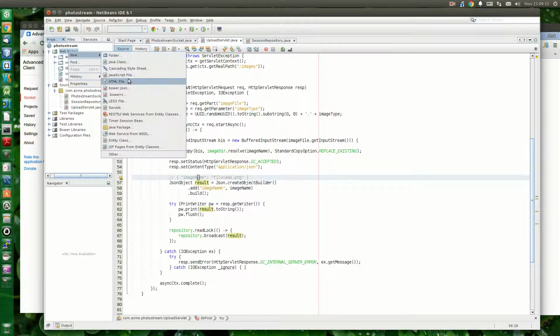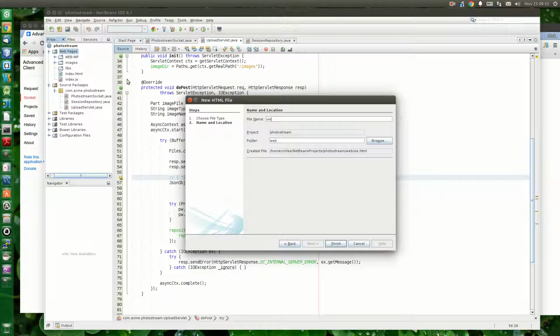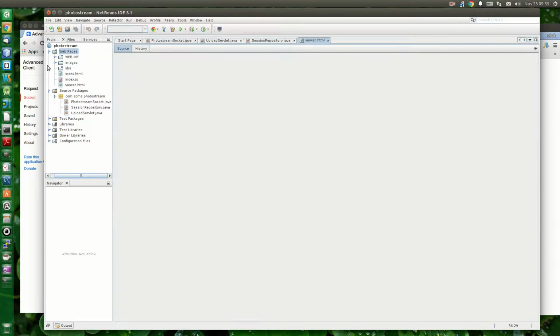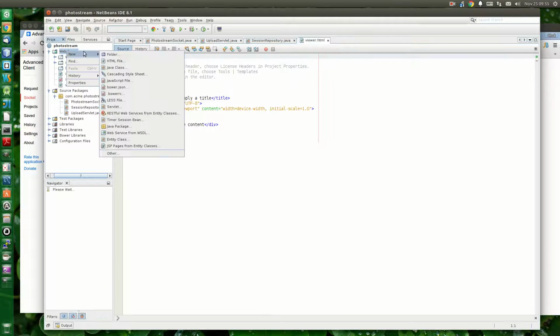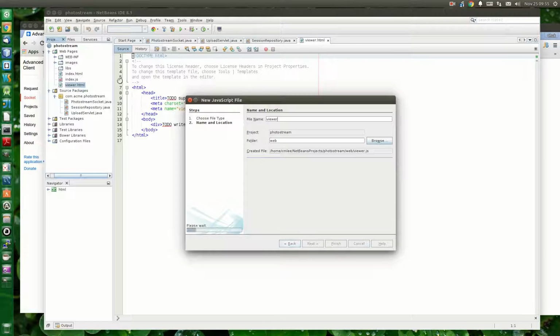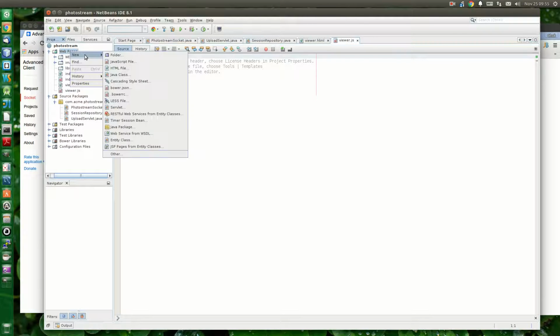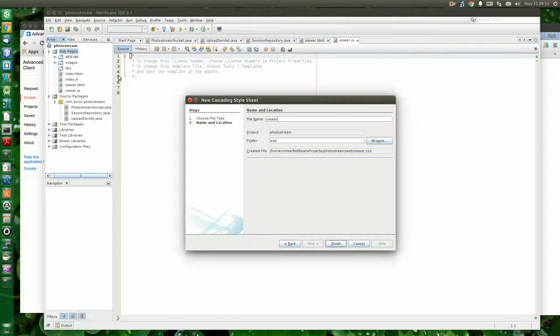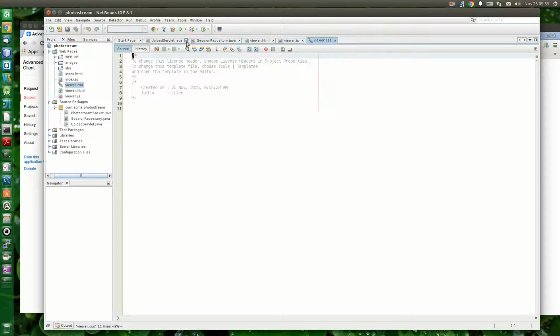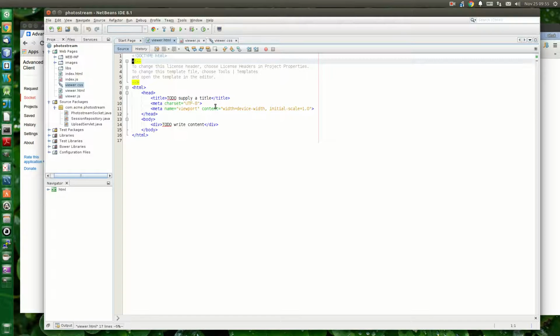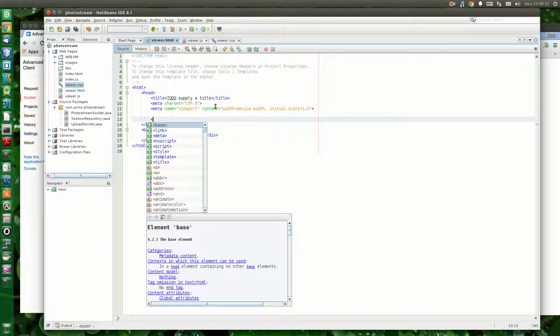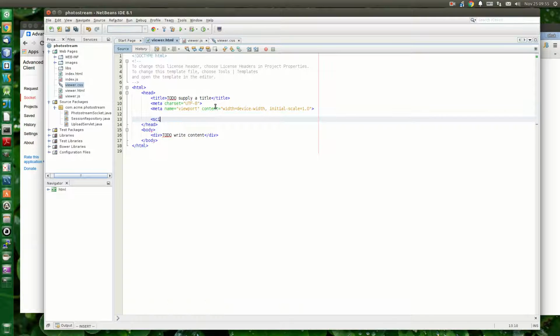I'm going to create an HTML file called viewer. Okay. I'm also going to create a JavaScript file, and I'm going to also create a CSS file. Okay, so let me just close all this. Okay, so the viewer application is very simple. So let me just set up my library first. So I'm going to say script